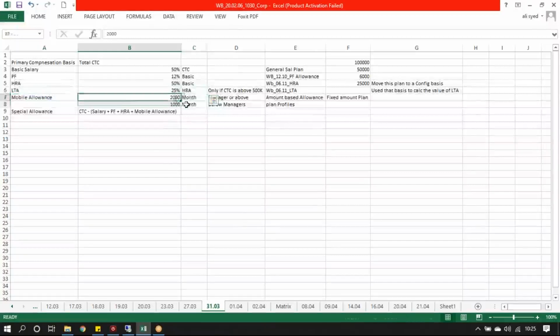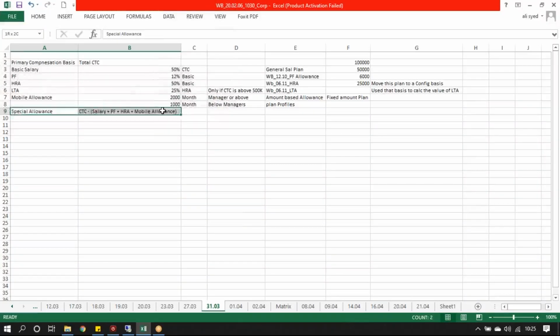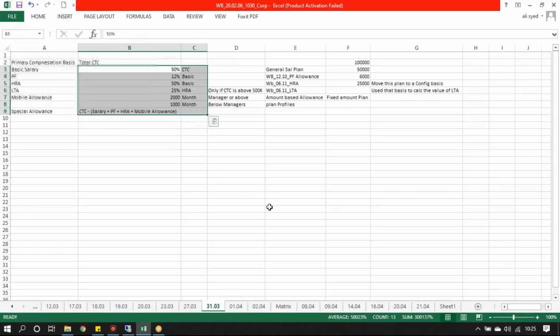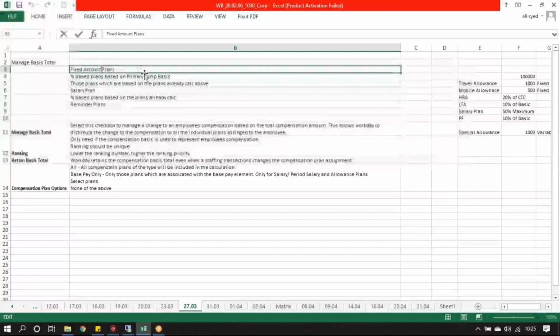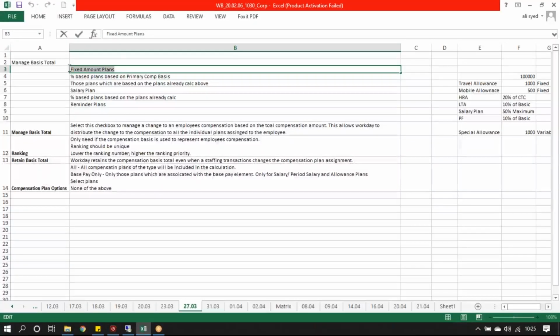And then we have already calculated our mobile allowance and special allowance, right? Now, what is the priority, or what is the algorithm for calculating these values? System would first check, of all the plans assigned to the worker, the fixed amount plans. If you see here, this one fixed amount plan, so system first calculates the value of the fixed amount plan,